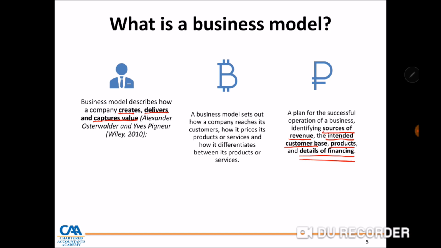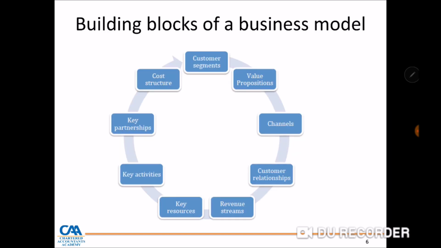To further interrogate or analyze an entity's business model, we are going to next discuss the concept of the building blocks of a business model. Here we are putting everything into context: when I go into the final detail, how exactly can I break down the business into its individual components so that I am able to understand a company's business model?